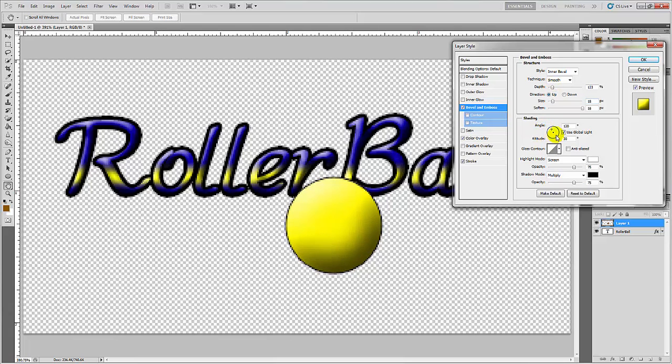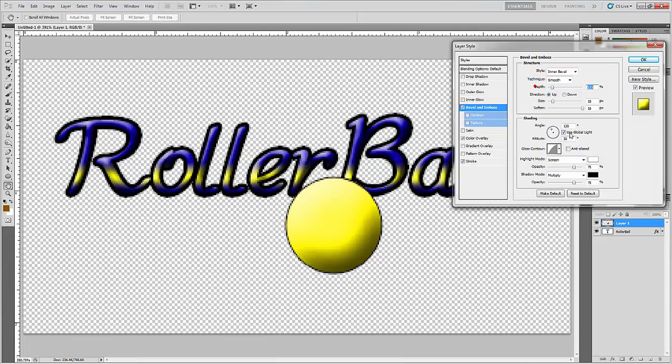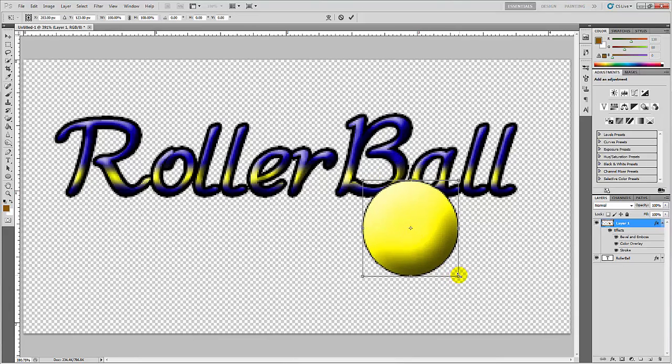Okay, and you can see the shading right here with the global light. Kind of shows how it's going to look on the sphere. I'm just going to make it bubble a little bit more so you get that brightness on the one side. Kind of looks like the light's coming in there. I'm going to go ahead and shrink it. So I Control T, hold down Shift,